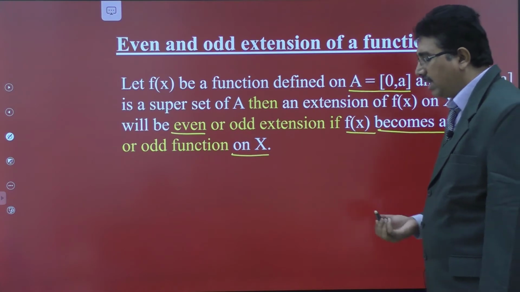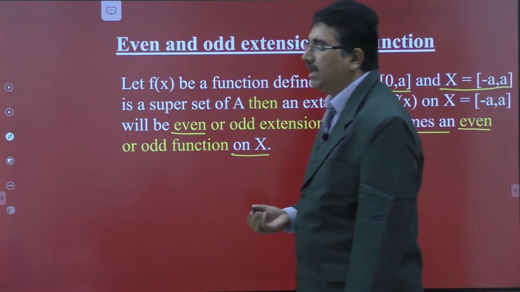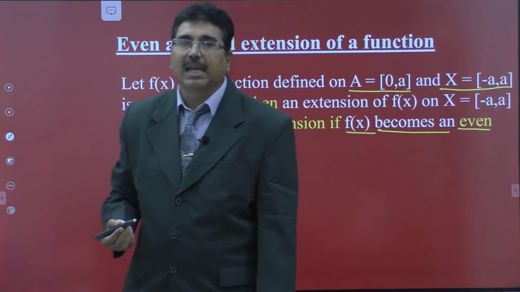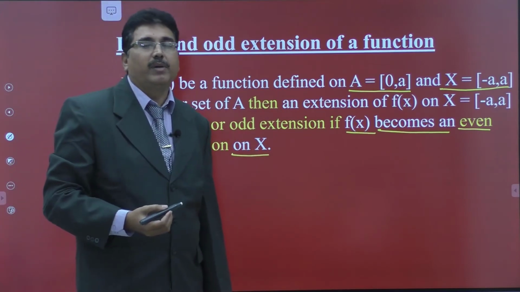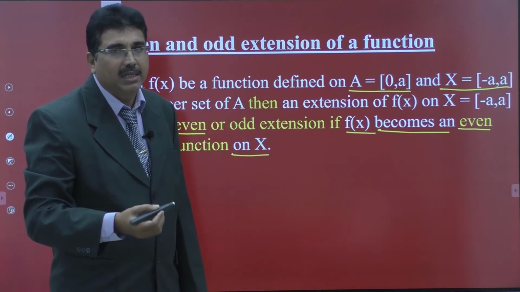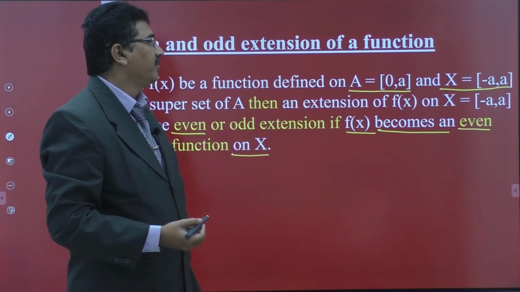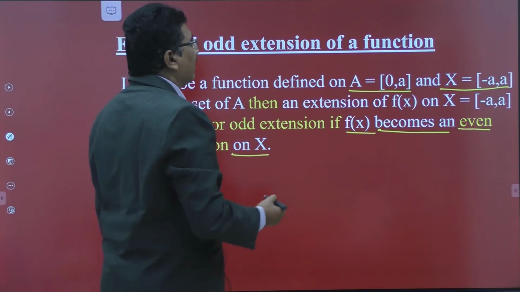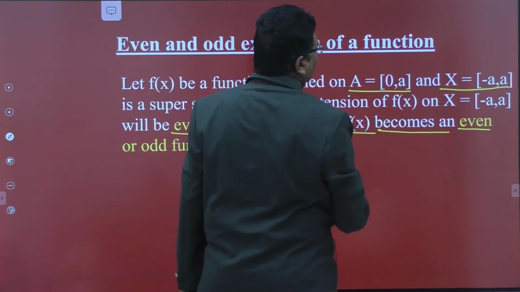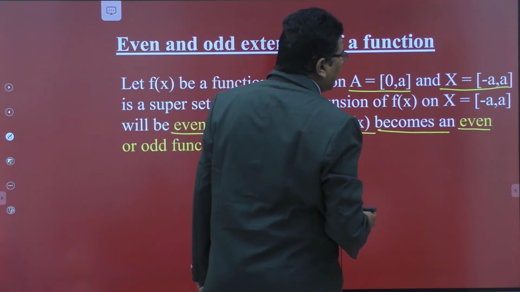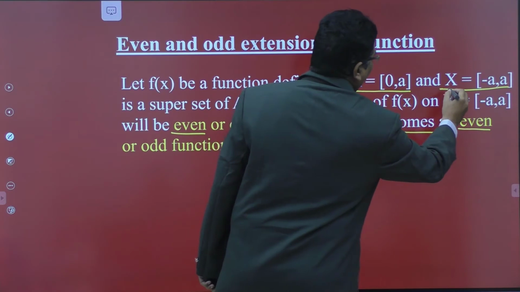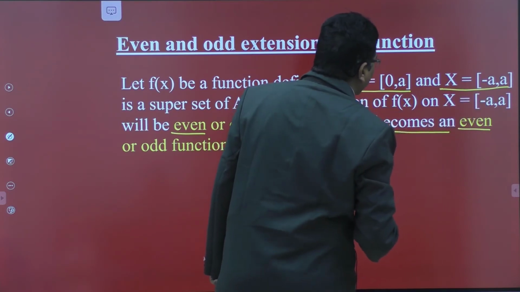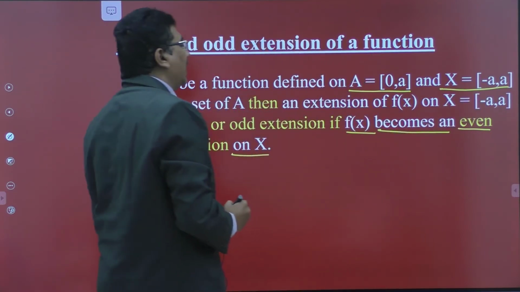Therefore, the even extension or odd extension depends on whether the function is even or odd. See once again, here f is defined on capital A. Now we can extend the domain to capital X, the closed interval -a to a.